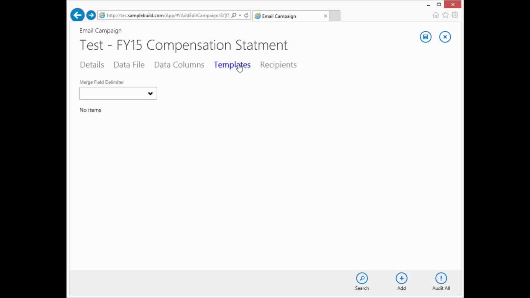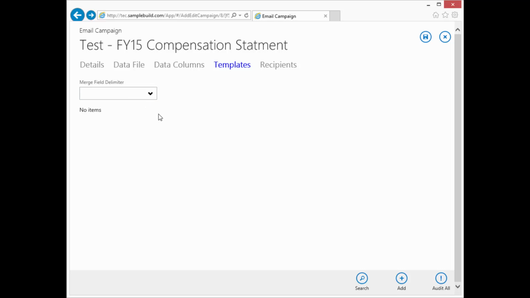So templates is how you're going to display information within the body of the email. It is rich text, which means you can have bold, italics, large fonts, small fonts, etc. And you're going to be able to put your column names of your spreadsheets so that each email for that person will have the data merged in,